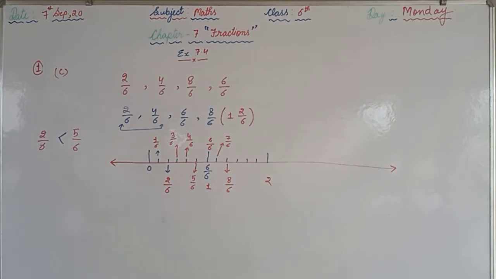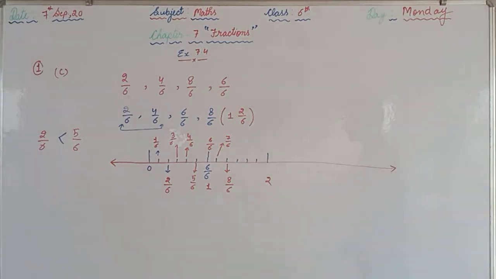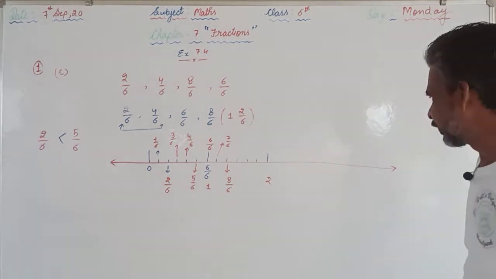So using this, 3 upon 6 and 0. So 0 is on the extreme left. So 0 is less than all these fractions. So 3 upon 6 is greater than 0. Similarly, 1 upon 6 is less than 6 upon 6 and 8 upon 6 is greater than 5 upon 6. Like this you are supposed to do. First of all, according to the question, you are supposed to represent on the number line. Afterwards you are supposed to compare and put the appropriate sign in the box provided in the question.